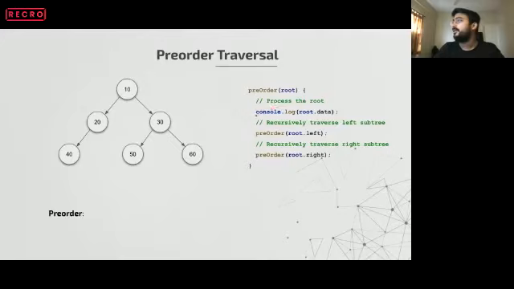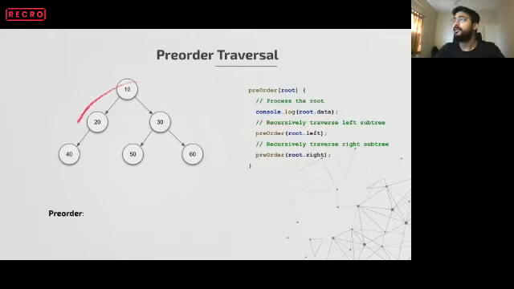Processing can be just logging the root, manipulating some data on the root, or calling some API. For right now, we are just logging the root. Then we recursively traverse the left subtree, and then the right subtree, with root.left and root.right. Is that fine?